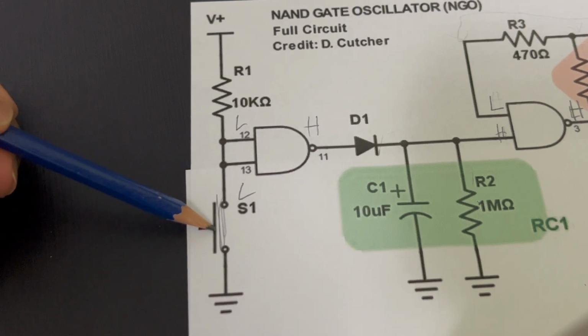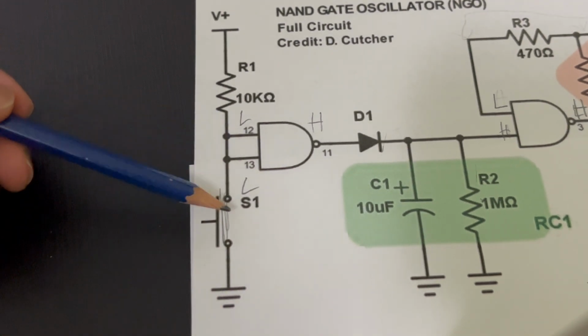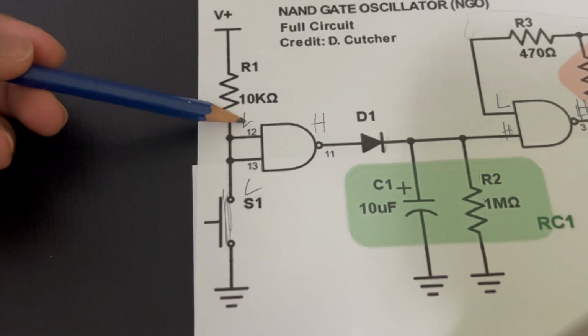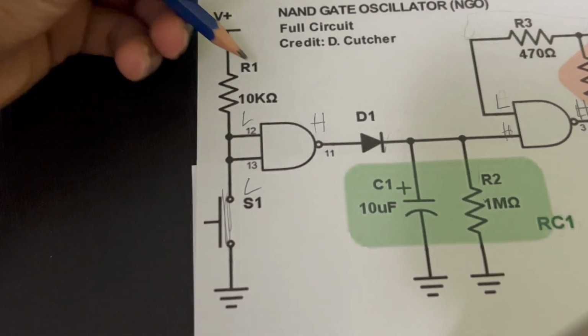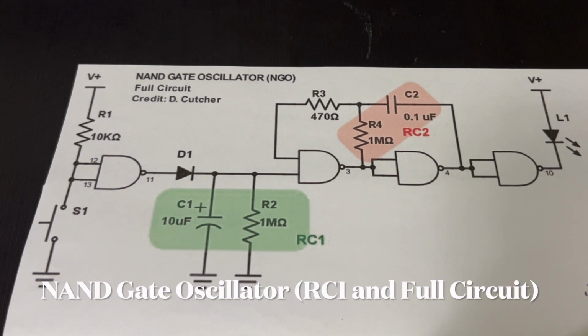When the button is pressed, there's a low and a low over here, as most of the current runs to ground, but when it's not pressed, most of the current goes here and becomes a high and a high instead of a low. So let's take a look at the NAND gate oscillator, one of the most important parts of